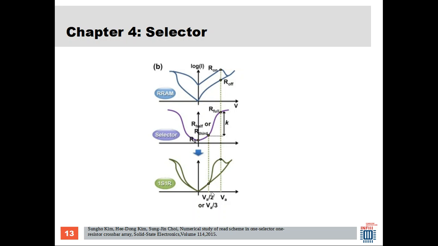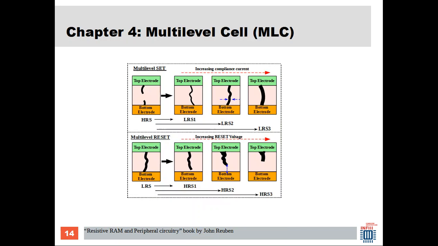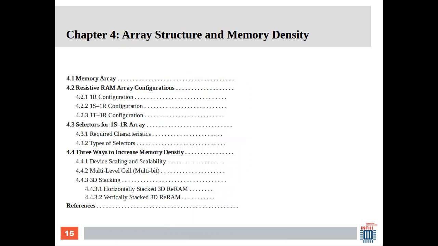So basically what happens is if this is the voltage at which you write, and if you take half the voltage of it, the current is so less. But this was not the case if you had a single ReRAM. So basically, this is going to help you to achieve energy efficient writing, because otherwise you will have sneak path currents. So I talk about sneak paths and 1S1R array and the types of selectors. So I discuss the configuration and the selectors, and then the last part of chapter 4 is three ways